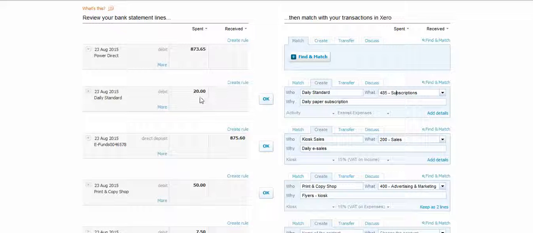So if you've taken money out of the business, over here it has to be your name as the who, and then the what is your drawings account or director's loan account. You may want to talk to us the first time you do that because it might be a little confusing. That's spent. Received, again, if you've paid money into the business account, you would create it, you'd put your name,